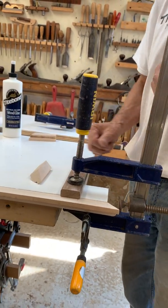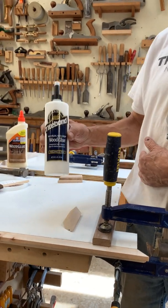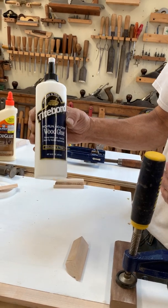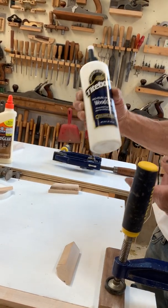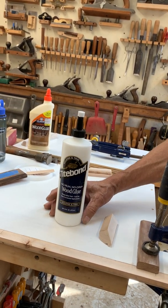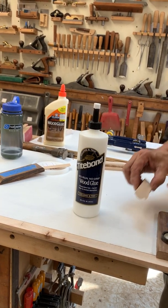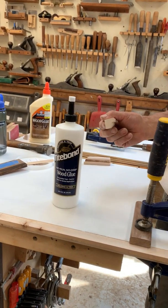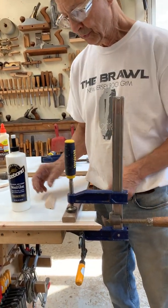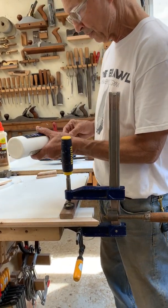I could use normal yellow glue, which is fine. But if you have some of this glue, which is a no-run, no-drip wood glue, it's a really quick set. People who do trim work in houses, and I've done a fair amount of that, will use this, especially above their heads. They'll glue end grain on trim, put it together, and it doesn't drip on them, and they can clamp. So we're going to put some of this on,